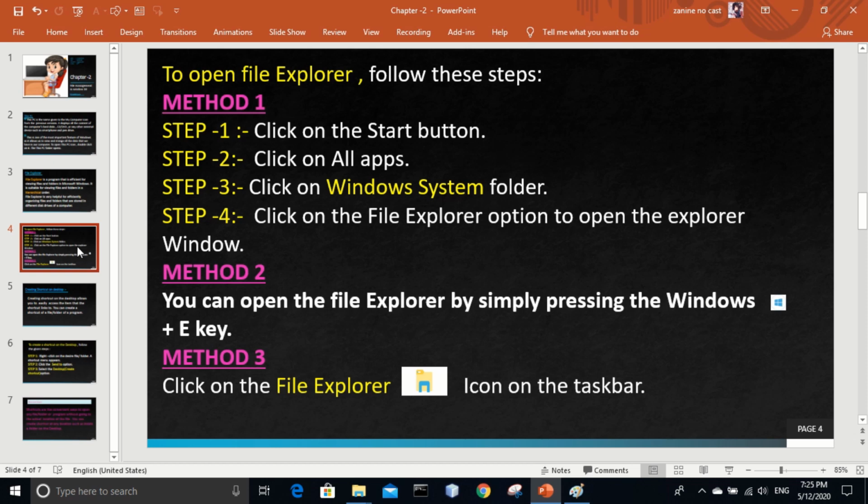In method 2, we just need to take help of the keyboard. Through the keyboard we just need to press the Window key and E key. Okay, in method number 3 we take help of the mouse. We just take the cursor to the taskbar and click on the File Explorer icon.